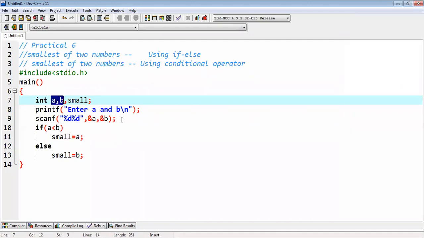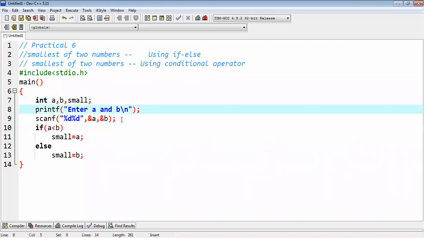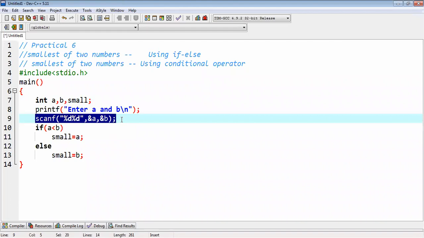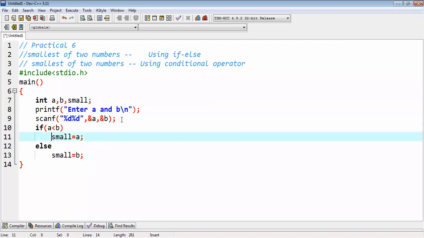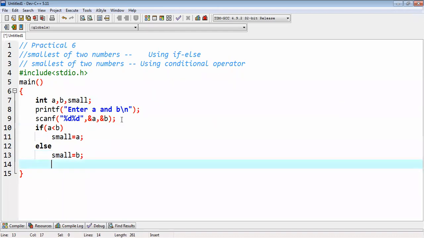So what we are doing, we are declaring two variables a and b, and the third variable, that is small, in which we will store the smallest value. Now we print the message on the screen to read the value of a and b. Scan the value of a and b. Conditional checking of a and b. If a is less than b, then small will have the value a, otherwise small will have the value b.